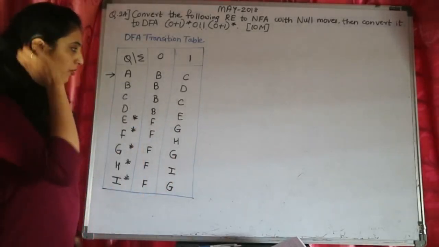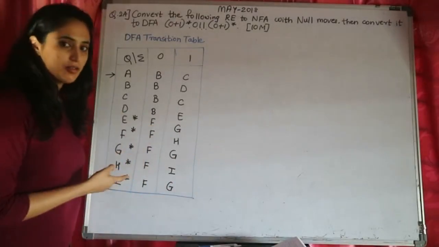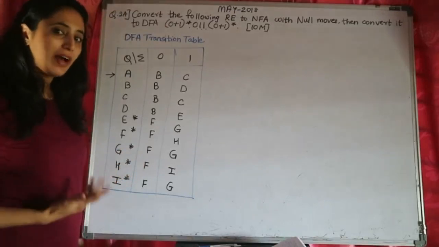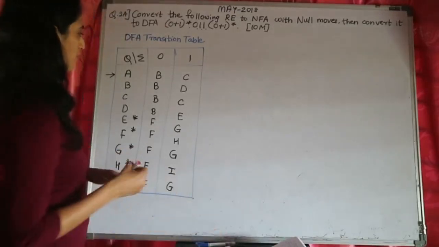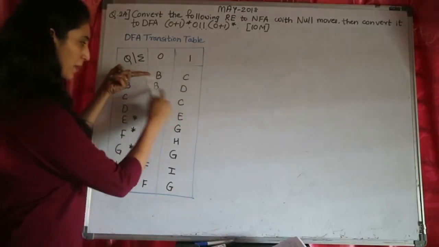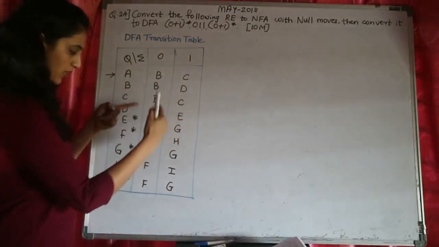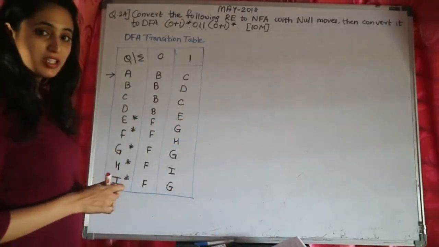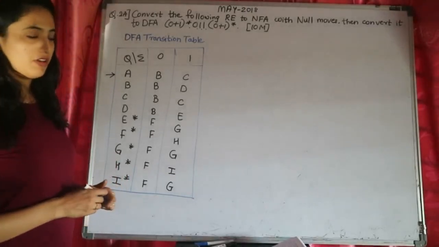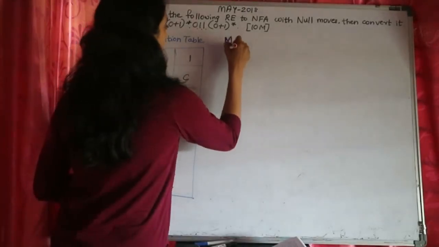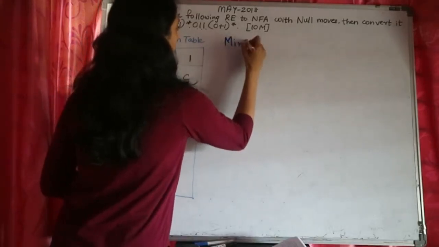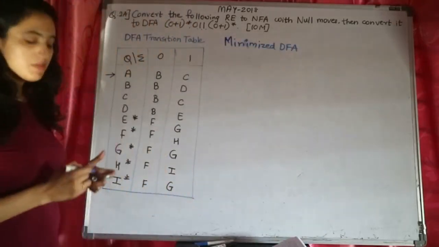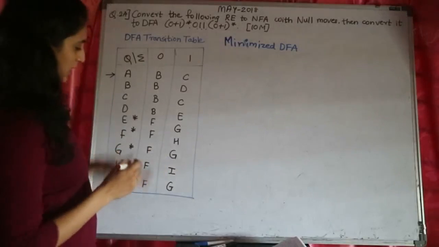Okay, now from this table, this could be the final answer. But if you see properly, in this table there are so many states which have repeated values. As such, we can see over here A is giving BC. Is BC repeated anywhere? Yes, it is repeated. So there are this kind of repeated values and we need to minimize this table. That could be called a minimized DFA transition table or reduced DFA transition table. So I can say minimized DFA. Okay, to construct this minimized DFA, what I need to do is cancel out the repeated states.